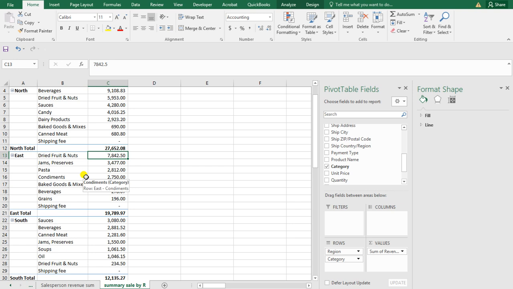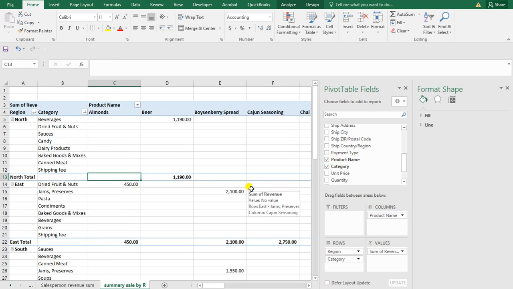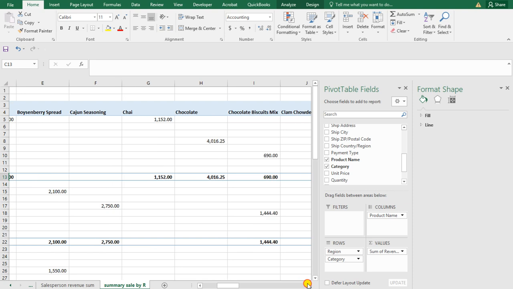We can do a lot of things using pivot table to manipulate our data basically to achieve the results that I wish to achieve. So like in this case, these are what I'll be having. Summary of our data by region and categories, right? As easy as that. Maybe I'll also wish to have products, probably, columns, for example. In that case, you'll find that I'll be having category and the products that you're selling. It will give us a full summary